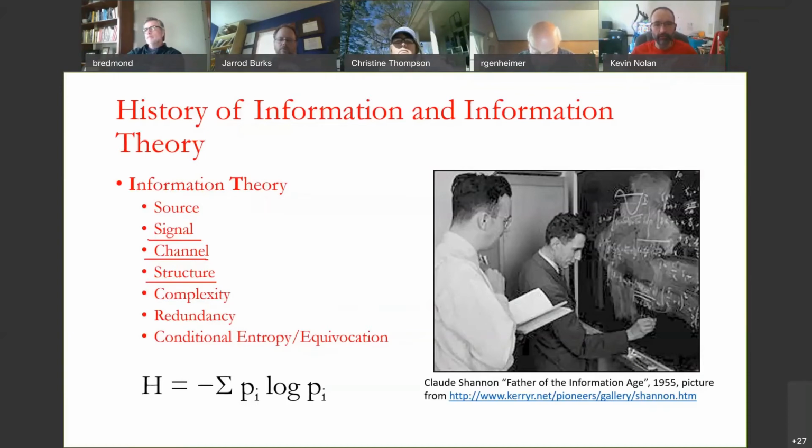And so past human behavior can be treated as a source, and the materials in the archaeological matrix can be treated as a signal, and the archaeological matrix can be treated as a channel. It can also be treated as a source of its own, a secondary source that we can sample repeatedly to try to understand that structure and quantify that structure, to figure out what we know about it and what we don't know about it. Which brings me to